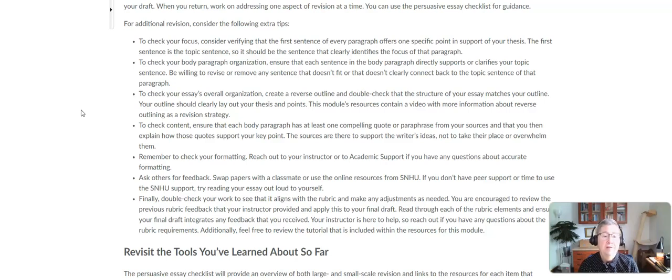Next, to check content, ensure that each body paragraph has at least one compelling quote or paraphrase from your sources, and that you then explain how these quotes support your key point. The sources are there to support the writer's ideas, not to take their place or overwhelm them. That's really important to remember. The function of including research, which is required in each body paragraph, is to support the overall position that you're taking in the thesis, support the key point for that particular body paragraph, but it's only